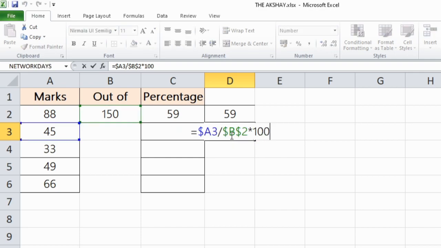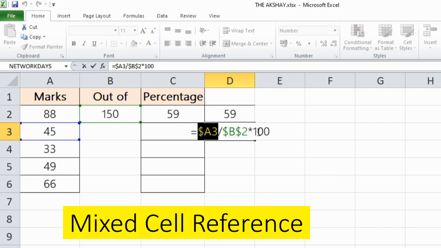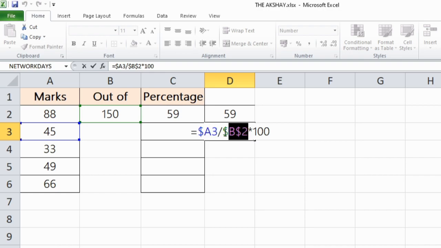So this type of reference is called a mixed reference. This is an absolute reference where column and rows both are locked. But in this case, only the column is locked and the row is changing. So it is a mixed reference. And this is an absolute reference.